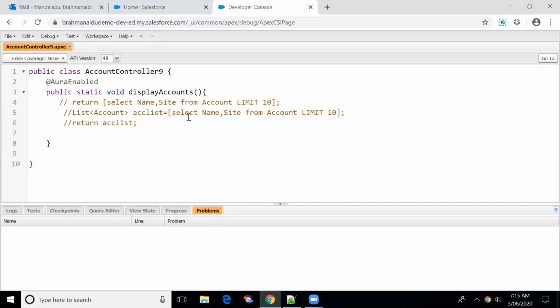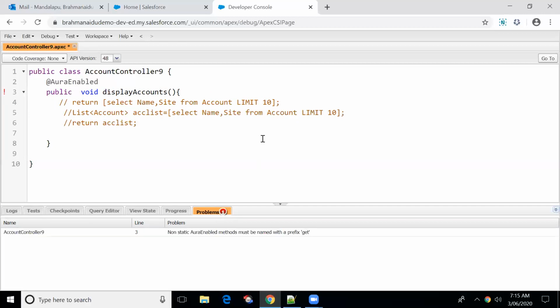Let me remove static as well. Static is not needed for void, so we'll get an error for sure, because we will not be able to use Aura enabled in the void method. Previously I had included static, right? So void method is not supported. But if you put static, then it will work.